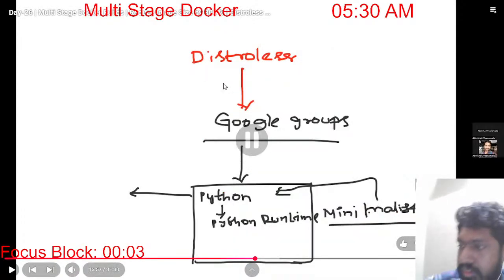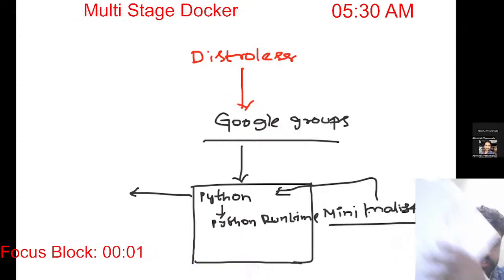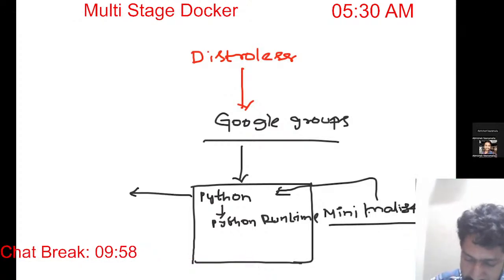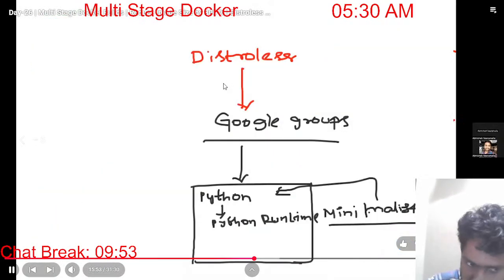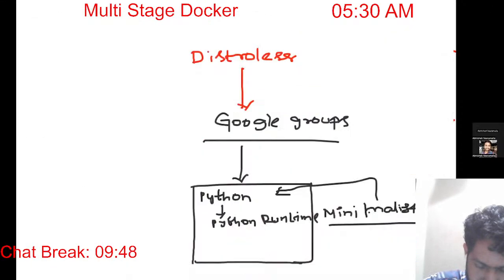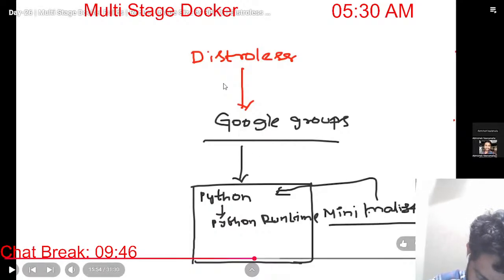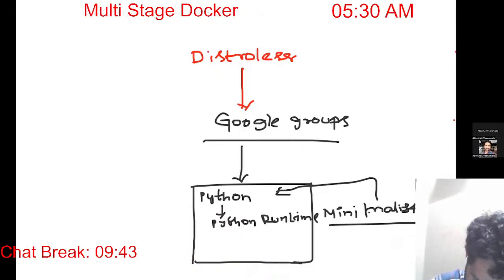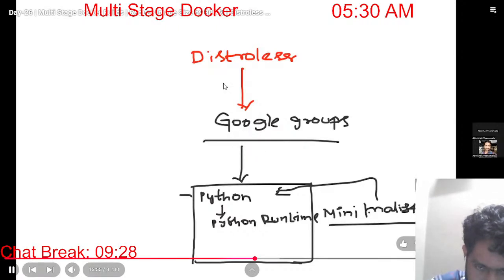For example, if you take the kind of distroless images like OpenJDK. Now there will be another kind of distroless image that will not even have a Python runtime. For example,